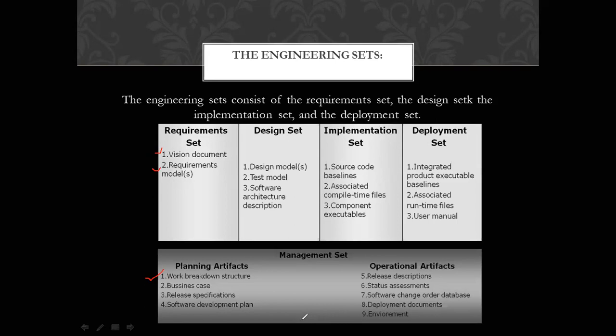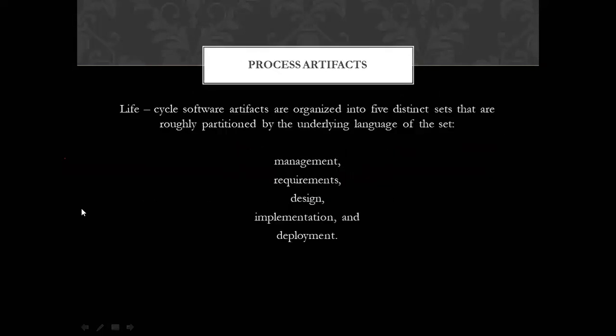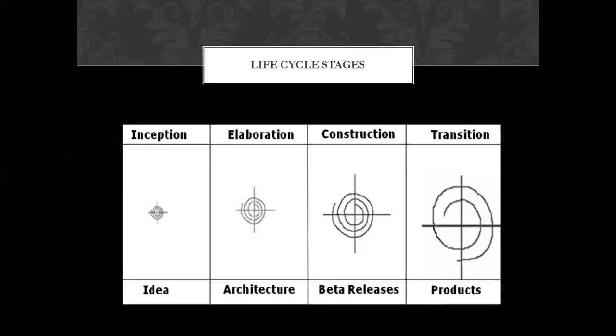Now, one more thing that you have to remember in this topic is the life cycle phases that we have studied earlier. These four phases that we have studied in the life cycle as life cycle stages. I'll just remind you, inception and elaboration are engineering stages, and construction and transition are production stages. In each of these four phases the spiral is evolving and we are moving towards the final product development.